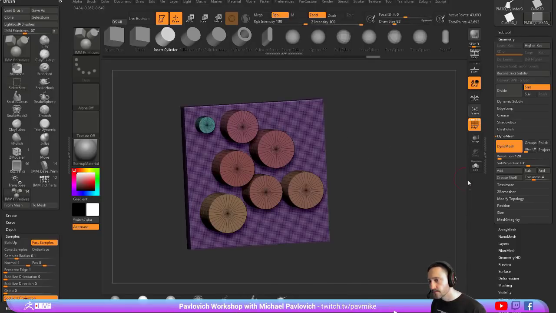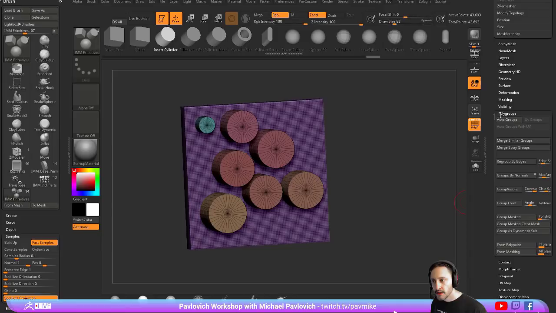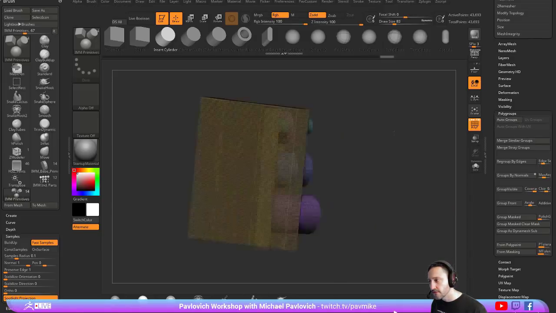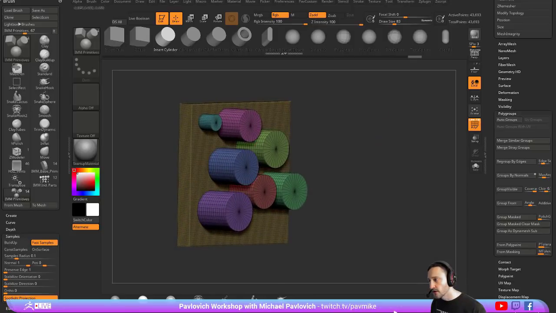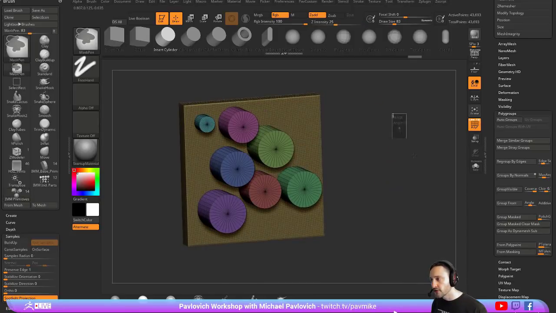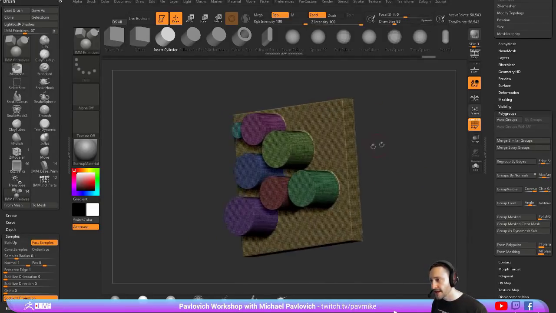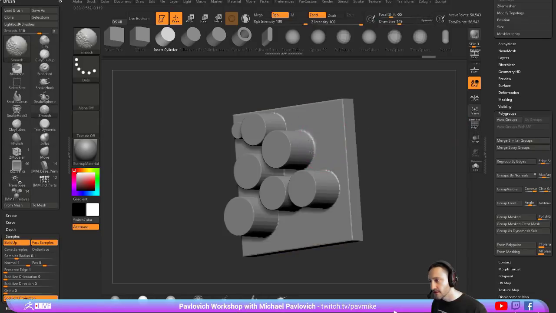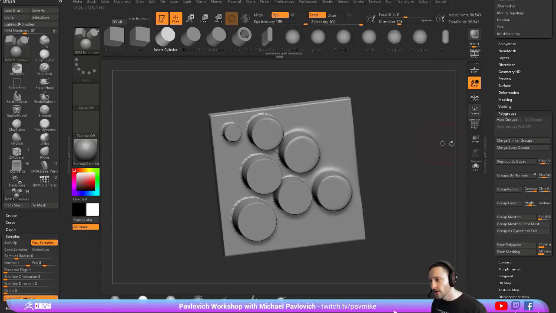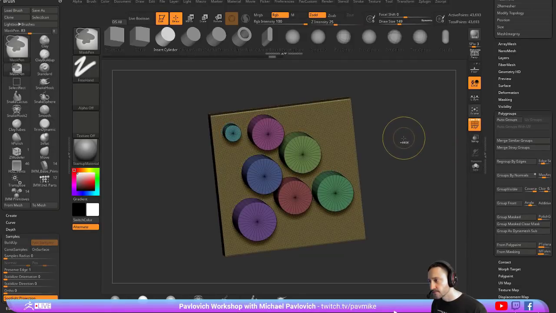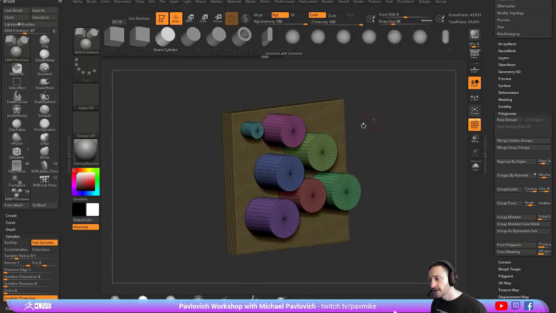separate polygroups here. In fact, if we go to the polygroup menu and we do an auto groups, anything that's not vert welded, and these things aren't because they were just inserted right on top, those will get a brand new polygroup here. So if I control drag this, they're all going to additive Dynamesh. And what that means is they've been sucked together, they've been Dynameshed together, and now they're all part of one piece here. So if I undo this, to where they're all still separate pieces,